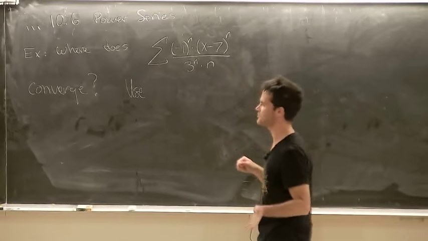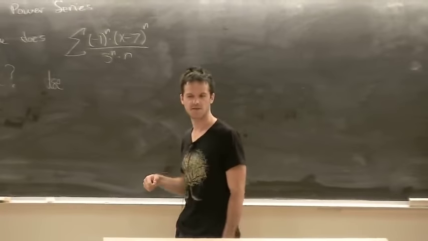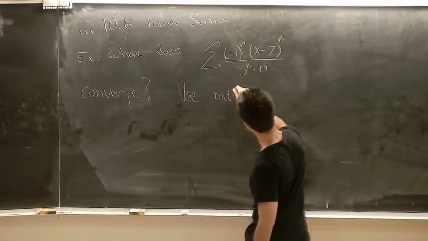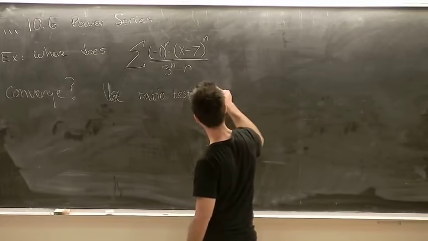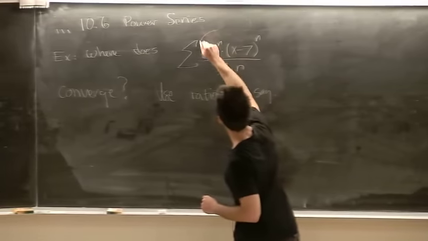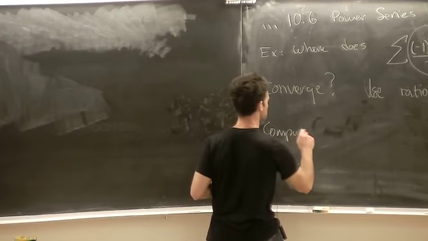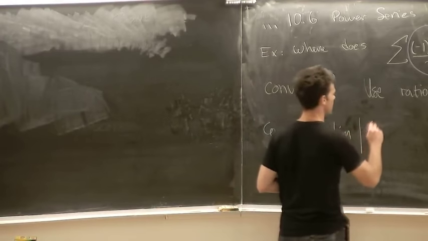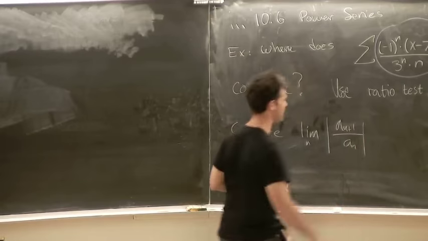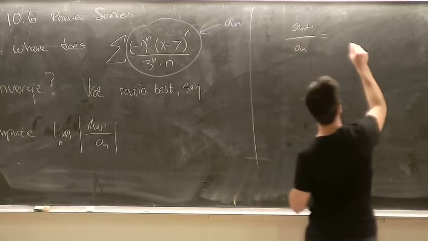Last time we did an example using the root test. A lot of times, multiple tests will work. I think the ratio test is probably the easiest to apply, though. So let's try the ratio test on this guy. This whole thing right here is like my a_n, and I need to compute the limit of the n plus first term over the nth term. Okay, so a_(n+1) over a_n will be